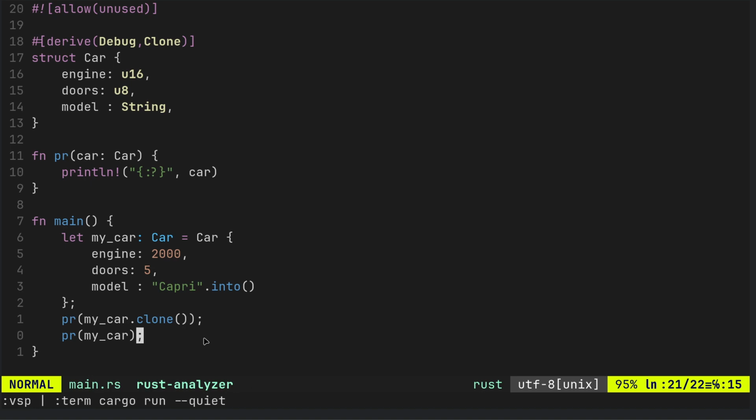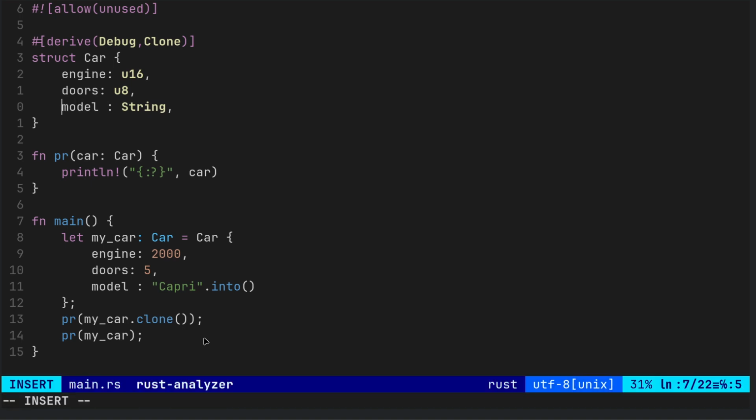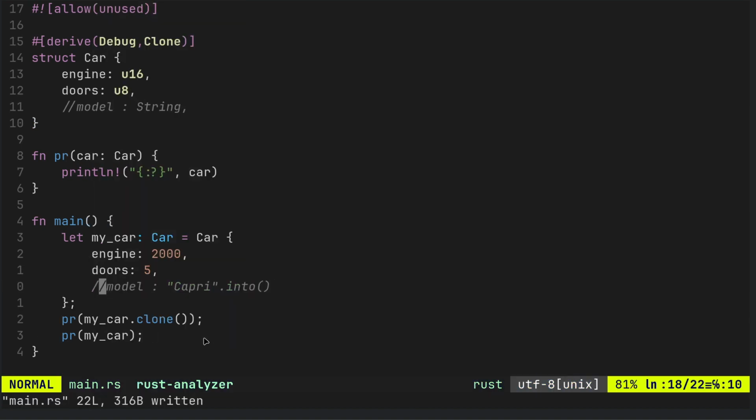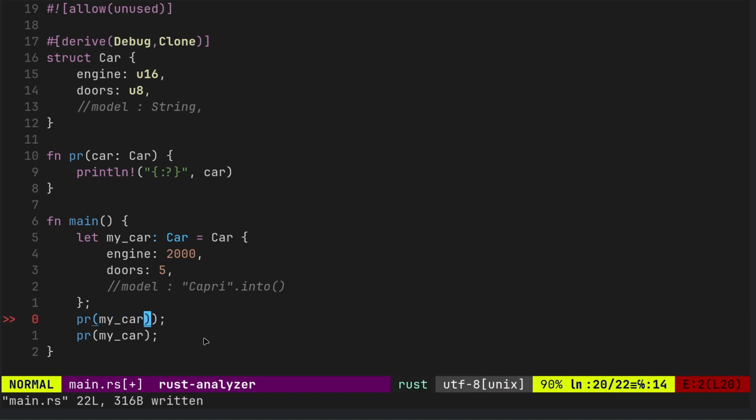So we've shown that once a struct has a string in it, we have to use clone. Let's take the string out. In fact, I'll just comment it out, and we'll take it out of the instance of it as well. And we don't actually need to use clone anymore because